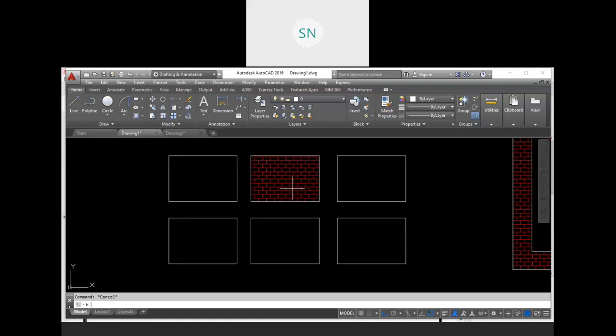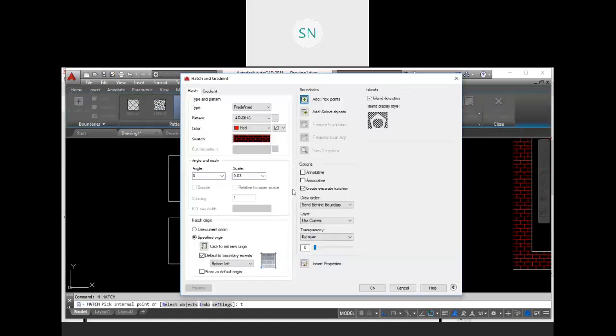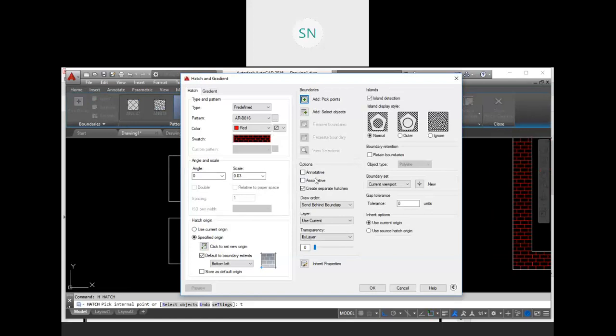Go to the hatch setting, and here in the options we have three options: annotative, associative, and create separate hatches. Let me begin with the bottom one, create separate hatches. Turn off this option. Just focus on this last option, okay?